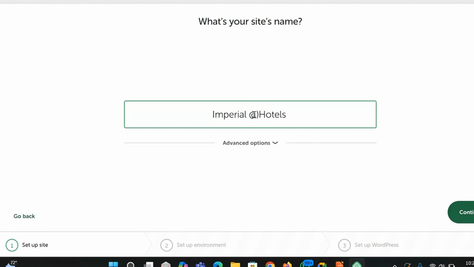Avoid putting any of those characters, because your local server interprets them differently, so they do cause problems while you are launching your site or when you're opening it up. So choose a very, very simple name.